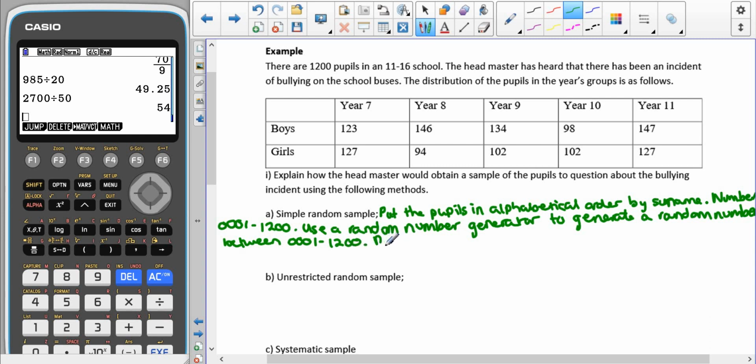We're going to repeat this, ignoring repeats because it's a simple random sample, until we have a sample